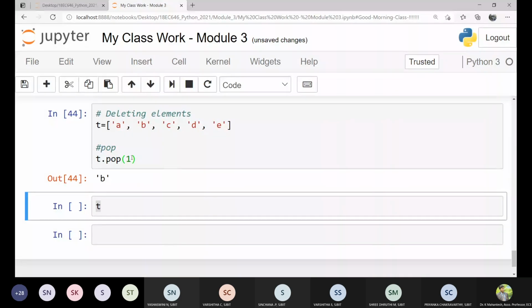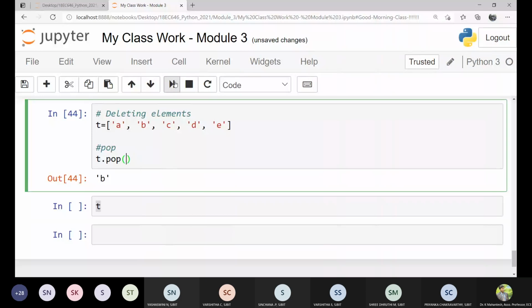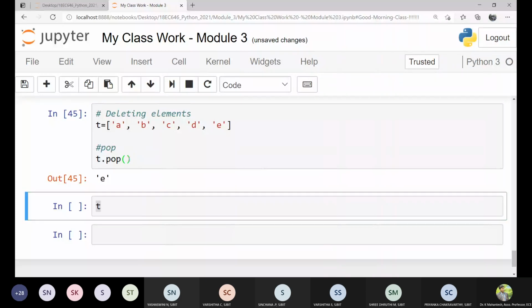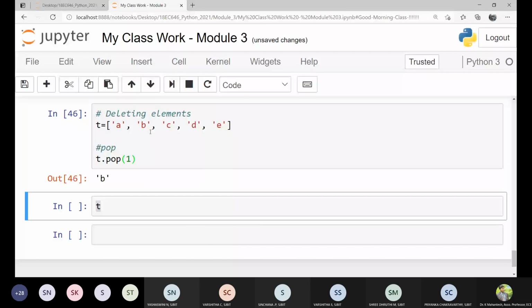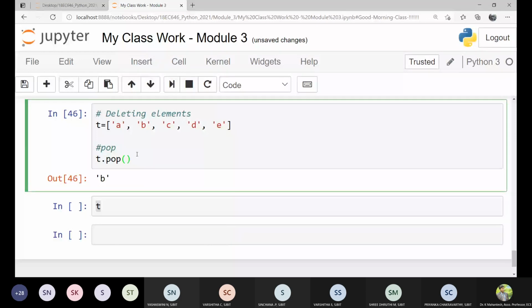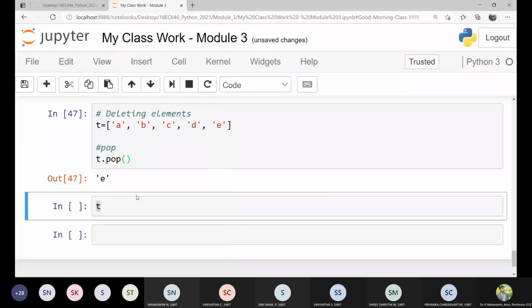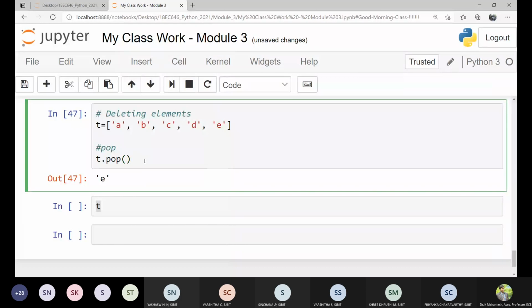So understand pop: if you know the index, it will remove that particular index. Otherwise, by default, it removes the last index. If there is no input index here,